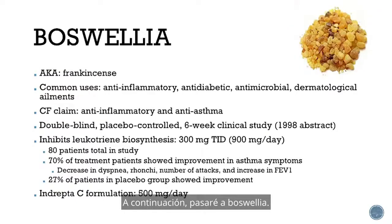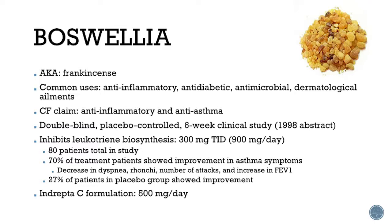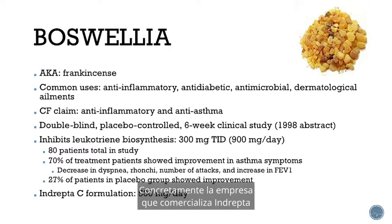Next, I'm going to move on to boswellia. It's maybe more commonly known as frankincense. And it also has uses as an anti-inflammatory, anti-diabetic, antimicrobial, and even some dermatologic ailments. Specifically, the company that markets Injepta for cystic fibrosis, they're really honing in on this claim of it being an